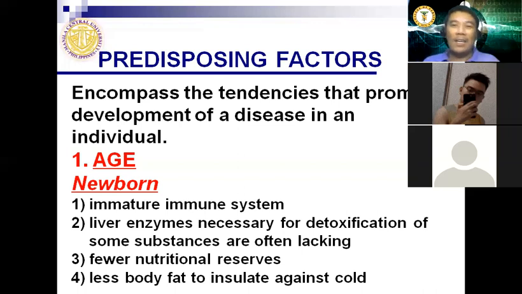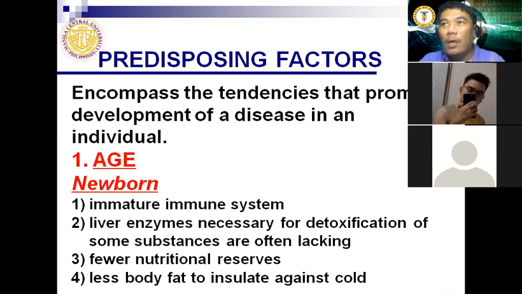Now, through this predisposition, the client could be predisposed to infection. The client could be predisposed to liver damage, to malnutrition, to hypothermia. So, if these are the cases that you have encountered, then this could answer it. The newborn is high risk for infection because of an immature immune system. Next, why are newborns high risk of liver damage